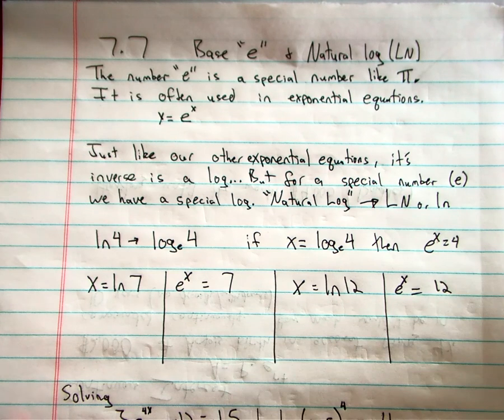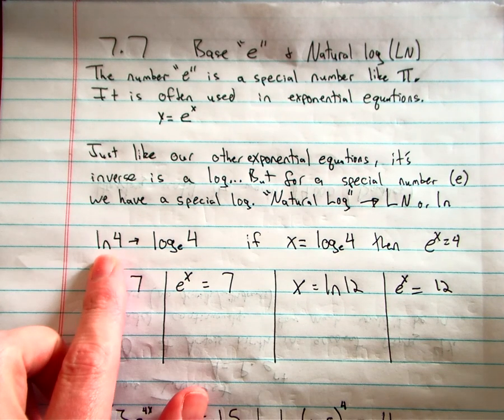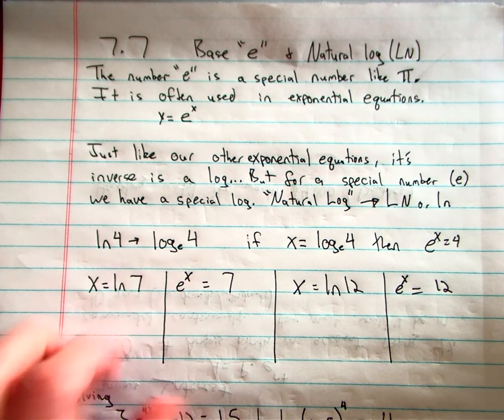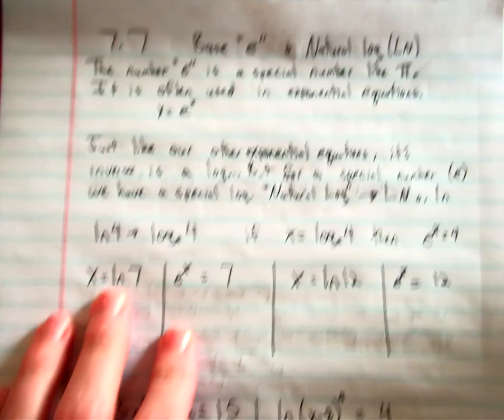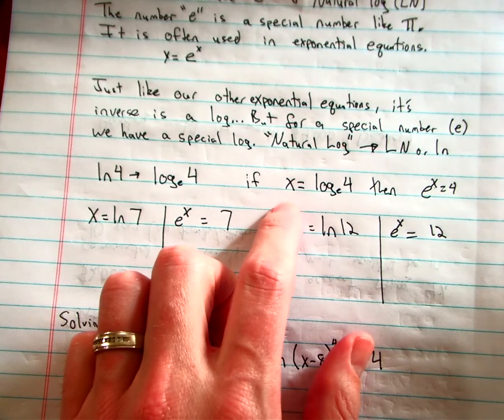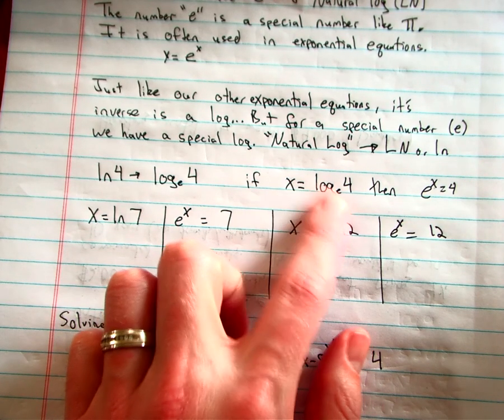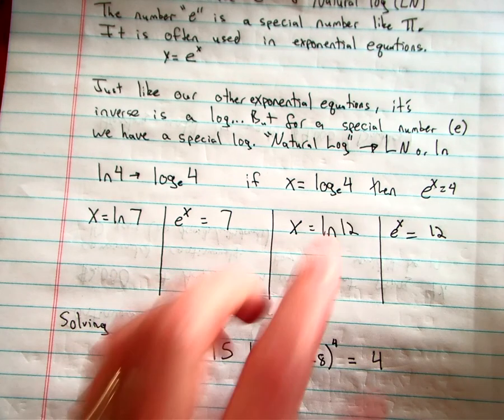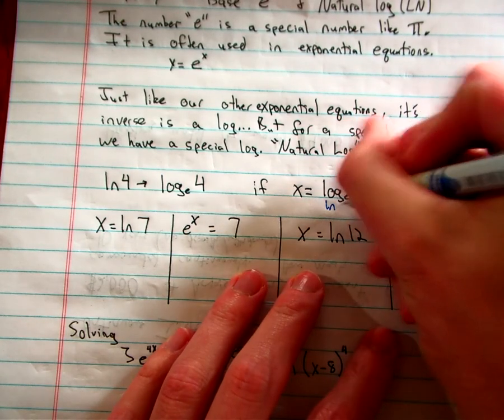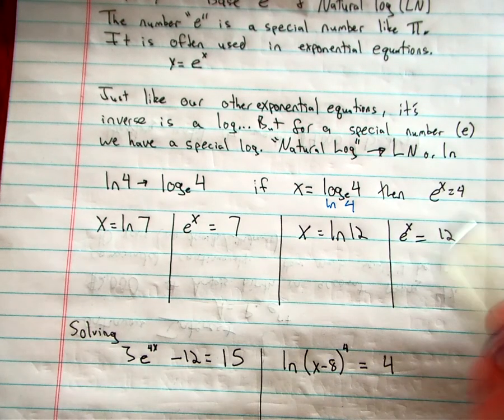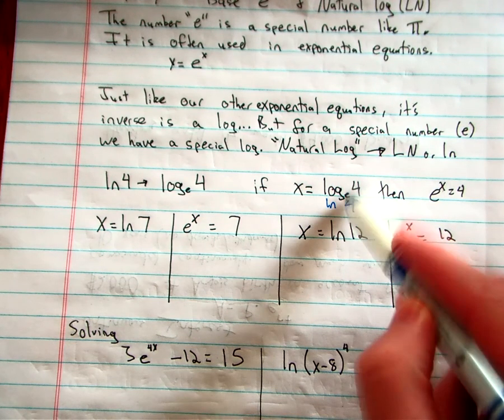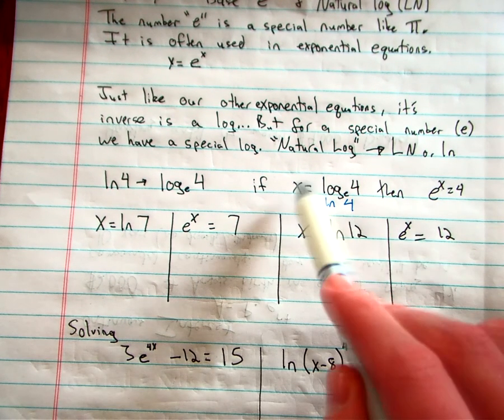So if we were to see natural log of 4, that's like having log base e of 4. Or if you had x equals log base e of 4, then e to the x